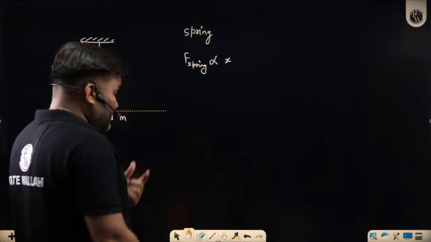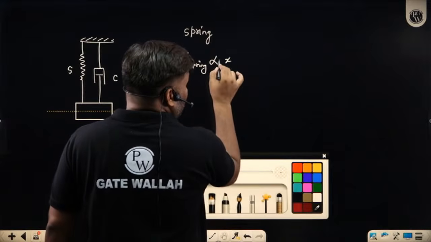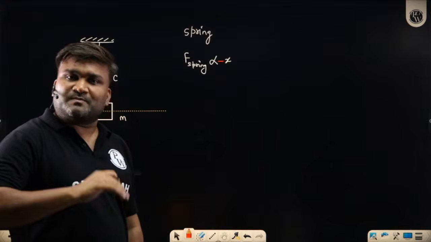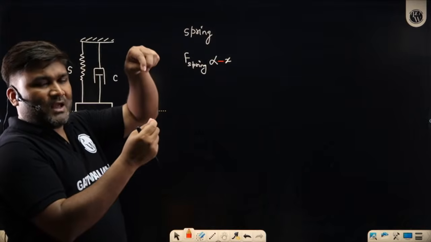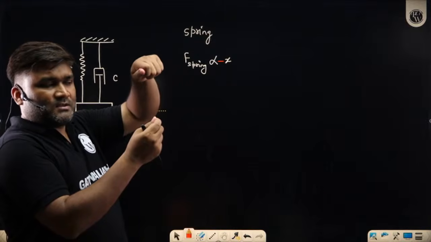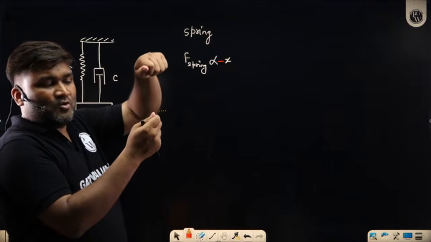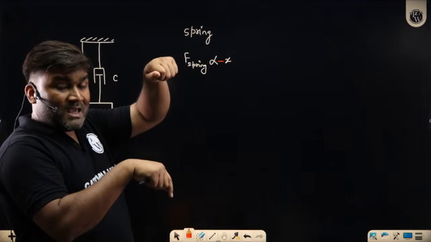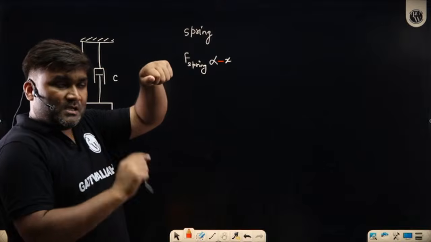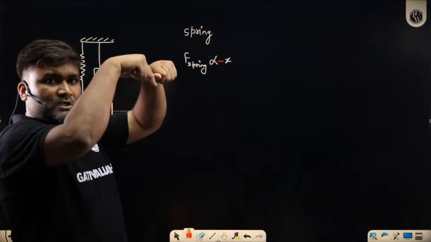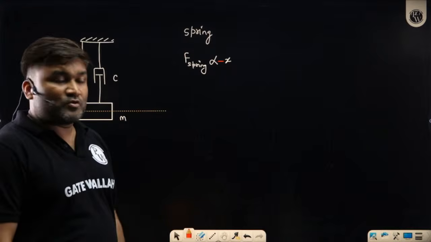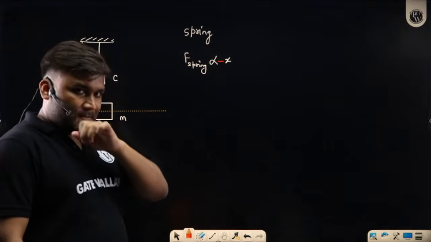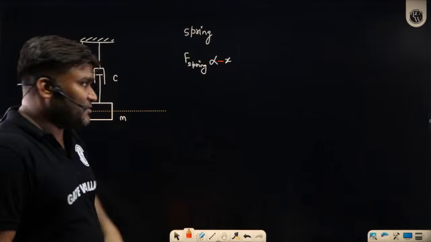And that's why in the books sometimes you might have seen a negative sign. Negative indicates that whatever is the direction of x, the spring is applying force in the opposite direction. Take a spring in your hand, one end fixed. If you pull the other end, you are providing deflection and the spring applies an opposite force. If you compress the spring, it applies an opposite direction force. The negative sign always indicates it is opposite to x. Okay.